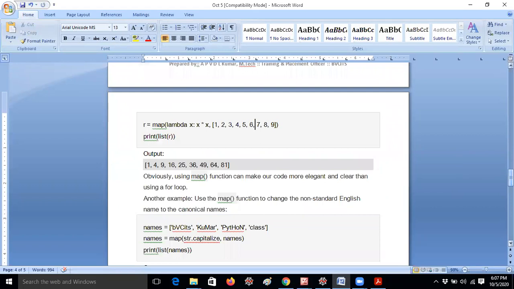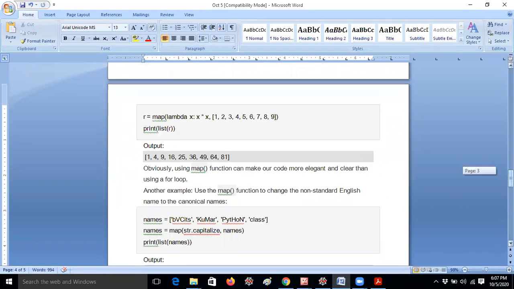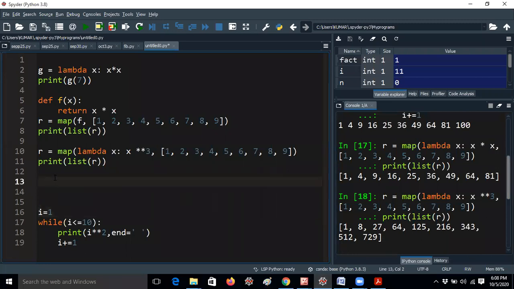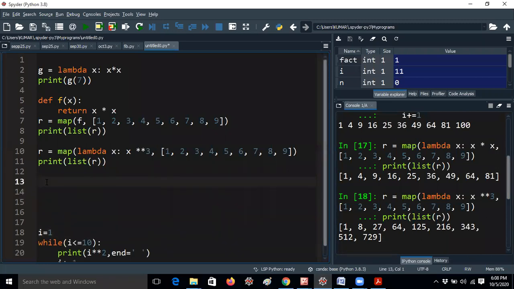This is called a list comprehension. In addition to that, Python has list comprehension. Usually Bhavani is always writing the code using list comprehension. Now I would like to tell the concept of list comprehension, that means without using the map function, we can do it in this way. I will tell you so many examples today. Don't worry, guys, this is not part of the map.